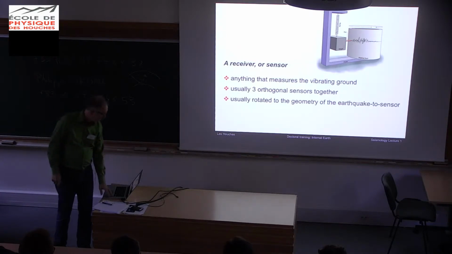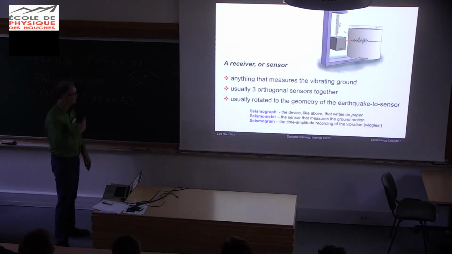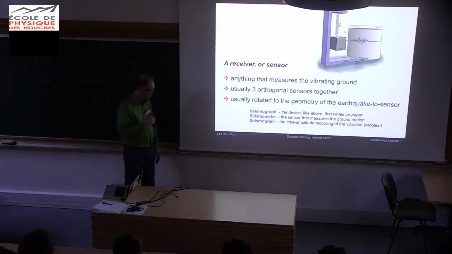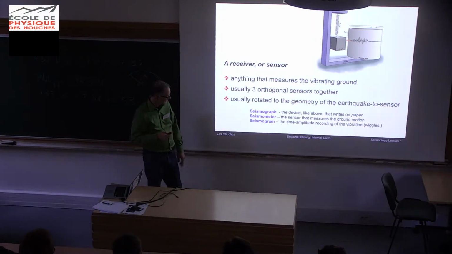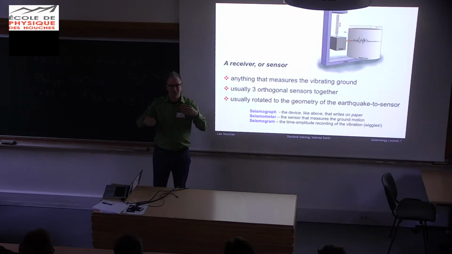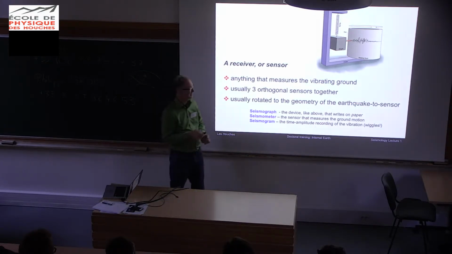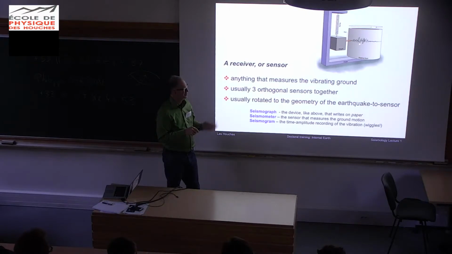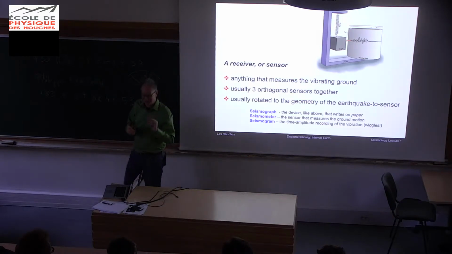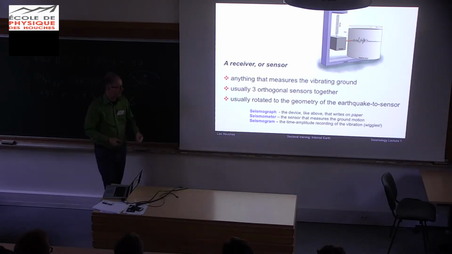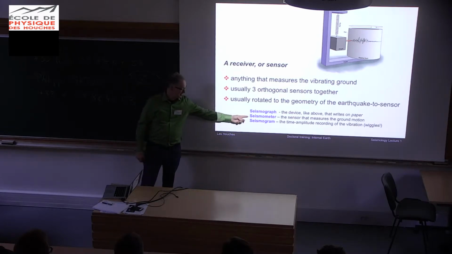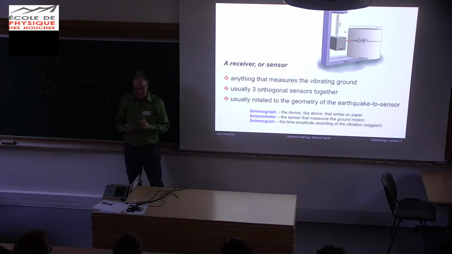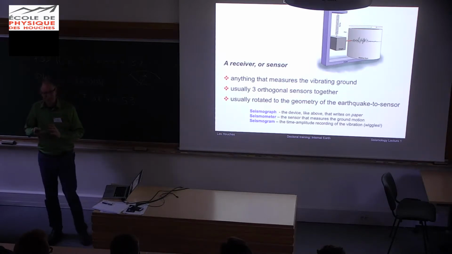And then a bit of nomenclature. In fact, I just saw a new video on Facebook from the IRIS Consortium, and they had this wrong. A seismograph is this kind of archaic thing where you actually have the drum that writes. That's the seismograph. A seismogram, in the old days, is the piece of paper that has the writing. In the new days, it's some digital time amplitude information that we put on our screen or we print. And a seismometer is the sensor, the device that is recording the ground motion.